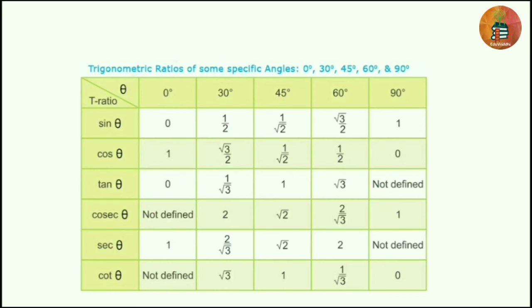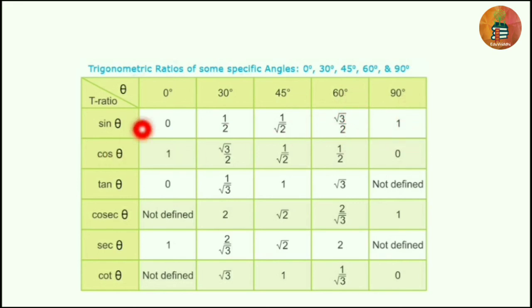Next, we have to study trigonometric ratios of some specific angles, especially 0 degree, 30 degree, 45 degree, 60 degree and 90 degree. On the left side, we have different trigonometric ratios, and here there are the corresponding angles. And if you study this table, you can easily use it in the problems. And we have here sin theta, that is, here theta is 0, sin 0 is 0, sin 30 equals 1 by 2, sin 45 is 1 by root 2, sin 60 is root 3 by 2, sin 90 is equal to